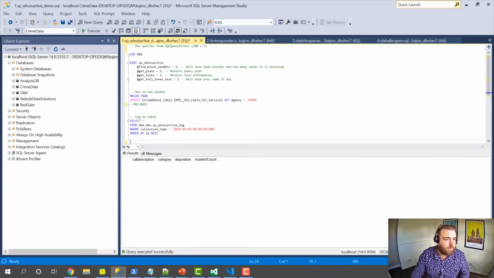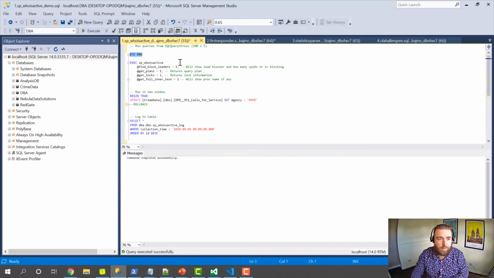So let's get into Management Studio. This is sp_WhoIsActive. I keep it in a database called DBA, where I keep all my stored procedures and just handy little functional scripts for maintaining my databases. So if we run this here,